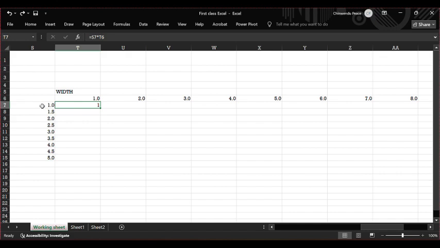I just want it to remain in S7. So I am going to lock the column name. To lock the column name, I will put a dollar sign before the column name. So when I click enter and then I autofill,